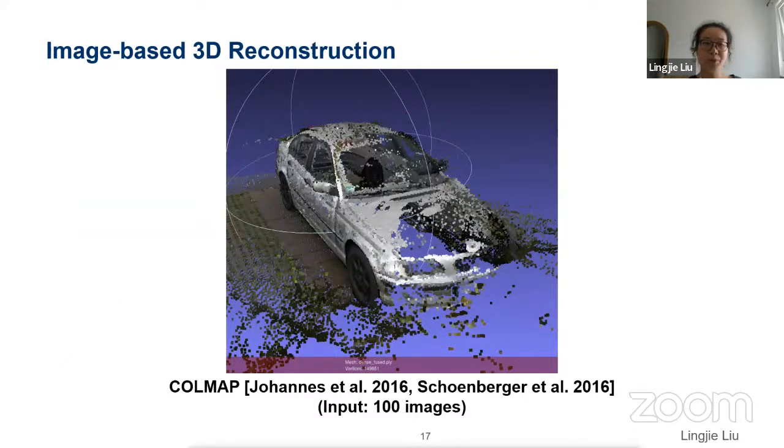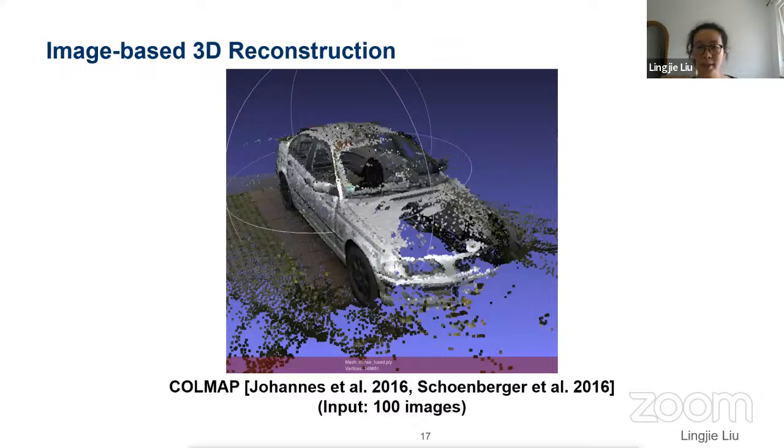First, if you want to synthesize photorealistic things, you first need to obtain the 3D model from your captured images. And the automatic way to do this is to apply image-based 3D reconstruction methods, such as structure from motion and multi-view stereo.